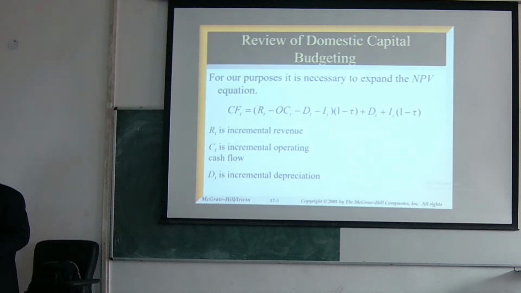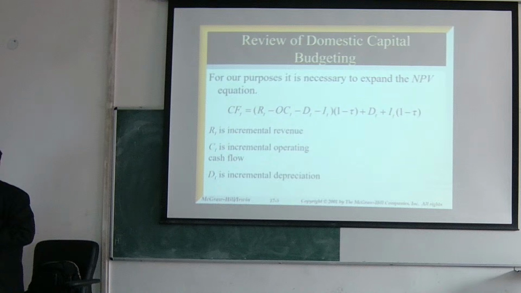D क्या है, जो भी डिप्रिसिएशन है, नया मशीन खरीदेंगे उसका डिप्रिसिएशन। E क्या होता है, I क्या होता है, इंटरेस्ट हो गया। और इसका मतलब इस पूरे ब्रैकेट को क्या कहेंगे, EBIT, EBT कह देंगे, अर्निंग बिफोर टैक्स कह देंगे, क्योंकि I भी माइनस कर दिया हमने। उसके बाद (1 माइनस T), टैक्स से मल्टीप्लाई कर देंगे, क्या हो जाएगा, पोस्ट टैक्स हो गया, प्रॉफिट आफ्टर टैक्स निकल गया।